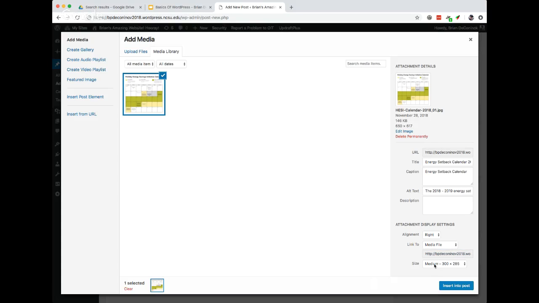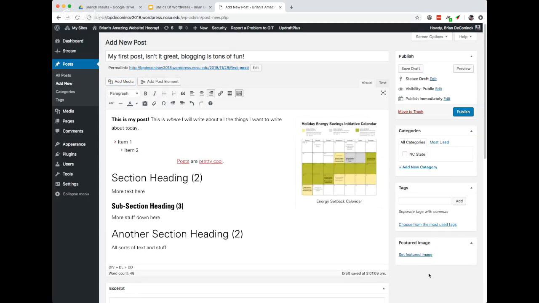And then just below there, we have options for the size of my image. Different themes have different sizes available. I'm going to stick with the default right here, my medium size. And finally, I'm going to go ahead and insert this image into my post. So after a moment to think about it, you'll see it's been inserted. It's at the medium size that I requested, and it's right aligned, so all of the text will wrap around it. And I don't have a whole lot of text, so I can show you